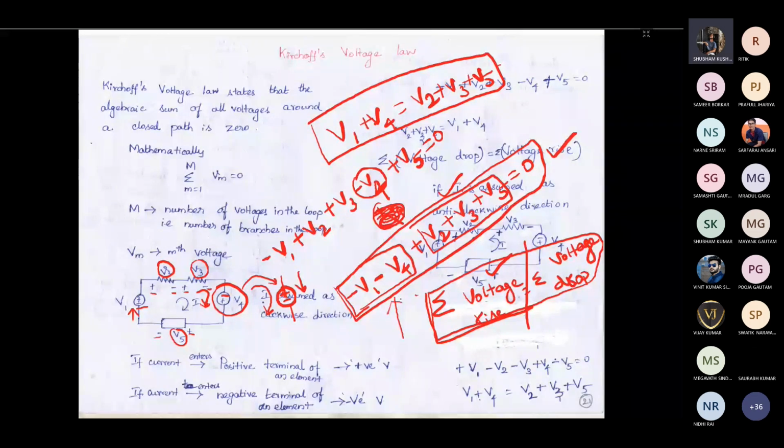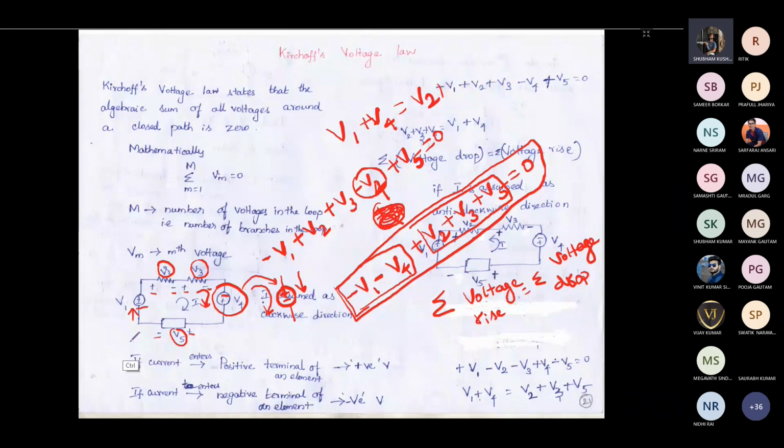So it is a very simple thing. Wherever current enters, you check whether it is entering the positive polarity or negative polarity. If it is entering the negative polarity, you mention it as minus that voltage. If it is entering the positive polarity, you consider it as plus that voltage. How do we choose the plus and minus? If it is given in the question already, you take it as it is. If it is not given in the question, then you choose positive polarity for the voltage according to where the current enters that particular element's terminal. Wherever current enters, you consider it as positive. This is very simple, I hope you have understood.